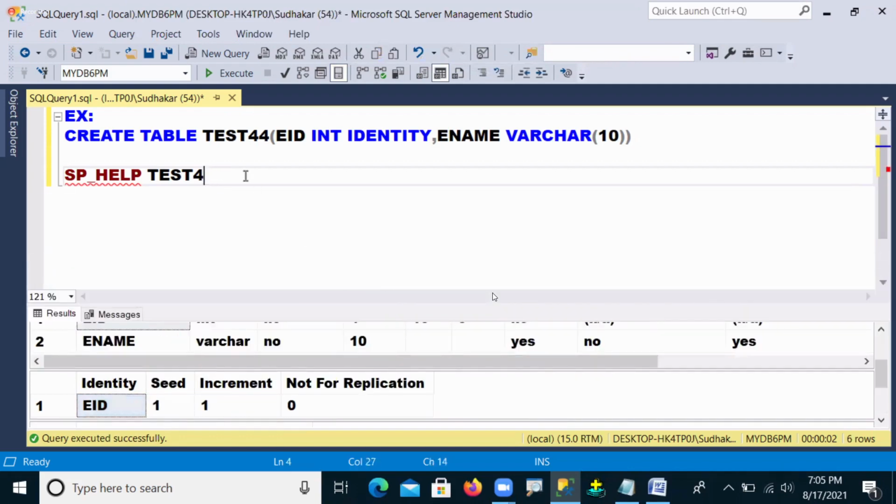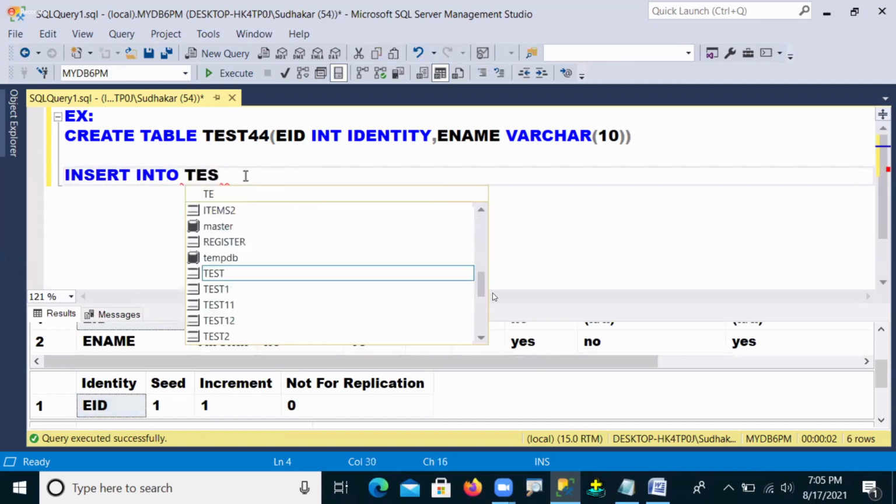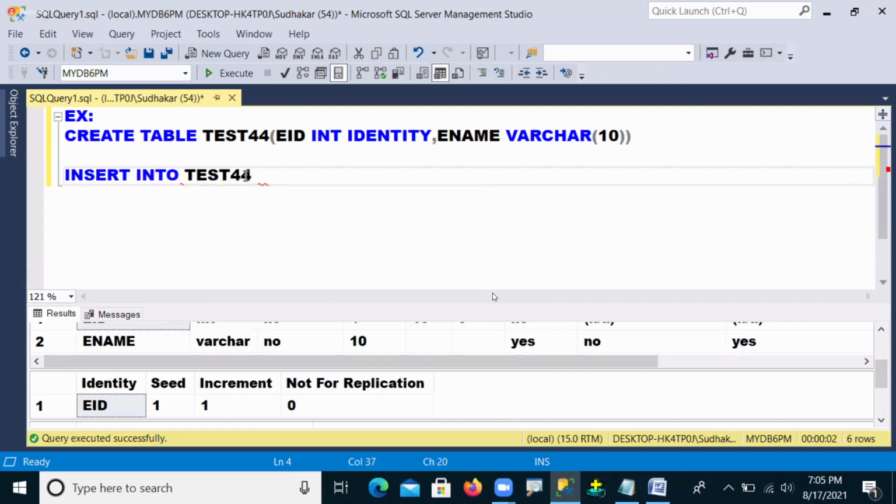Now I'll go to insert. When I'm inserting here, insert into test number 44 and sending values. Suppose the user is inserting manually, for example, EID 1 and some name, I'm giving Sai. So here observe carefully, guys.